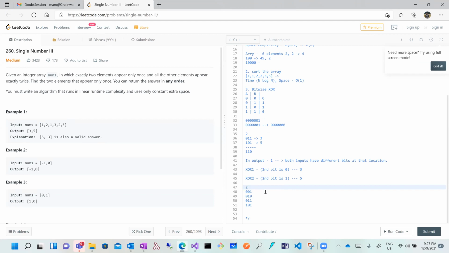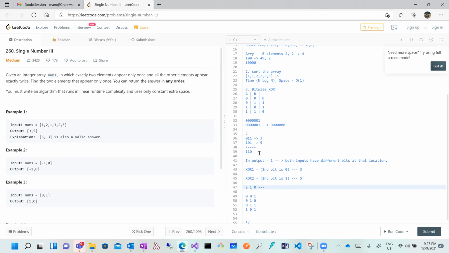So basically, we are splitting the numbers based on that bit value, right? Okay, got it.